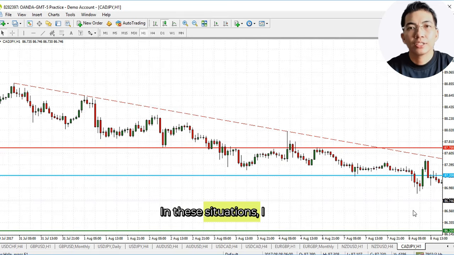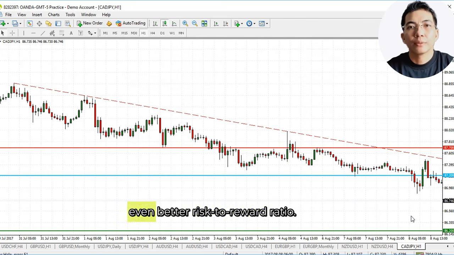In these situations, I always opt for the second solution, but if you still want to open the trade, make sure not to go below a 1-to-1 risk to reward ratio at least. If the trade is not giving you a good risk to reward ratio, it is not worth taking. What if the take profit was too close? If you have analyzed the market and have seen that a take profit that is twice your stop loss still seems too close, then you have the chance to increase the take profit and have an even better risk to